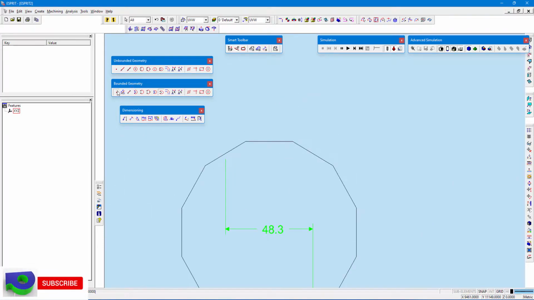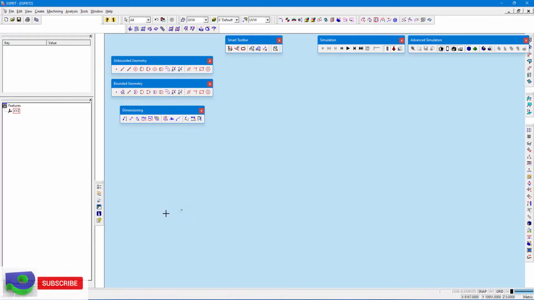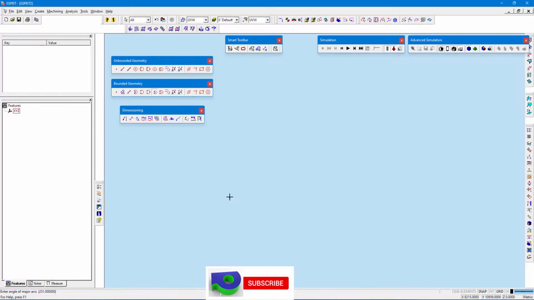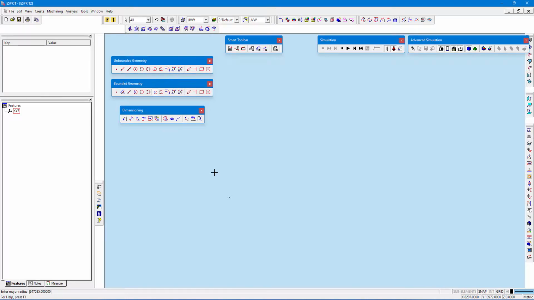I'll just create a point and go with the center point ellipse, meaning the single point ellipse. Select my first point. Major axis I need is 15 degrees, and major radius I need is 100, and minimum radius I need 10.